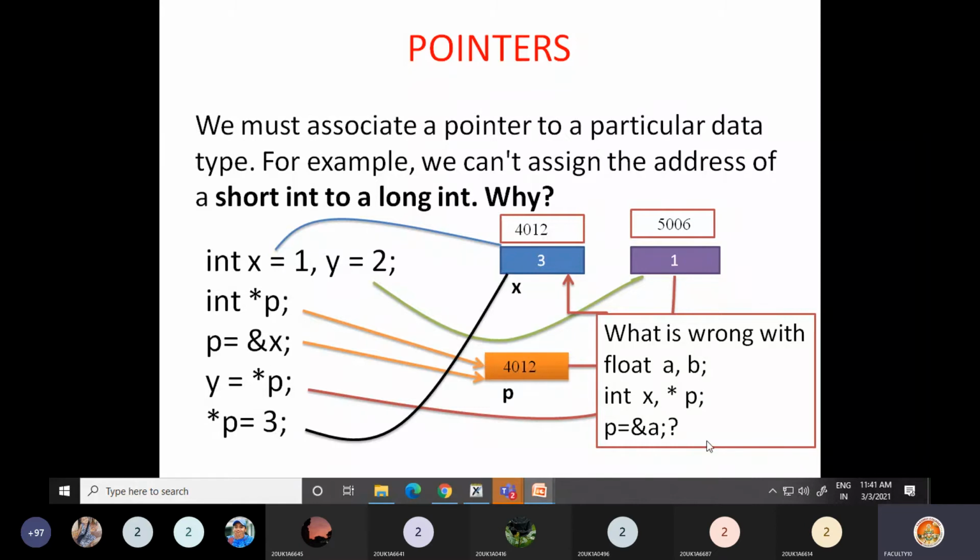But if you say p is equal to address of a, where a is floating point data, then this gives an error. P is supposed to point to an integer, but now P is pointing to a floating point number. That's why this is not allowed in C. It gives an error.